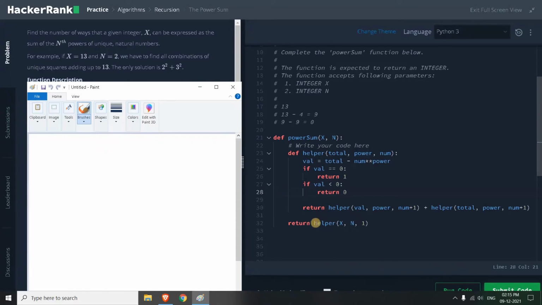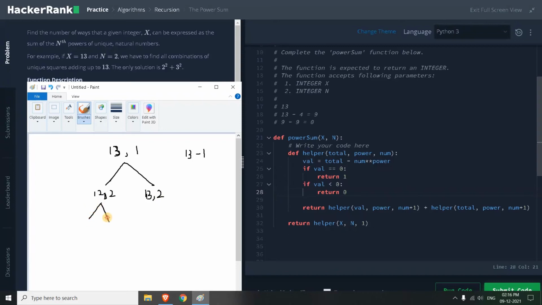So this is the main function we are calling. So 13, and the initial number is 1. Here we are updating, so this val will be updated, right? We are calling it like 2 times. If the val is updated, the value will be 1 square, so 13 minus 1, that will be 12, comma 2. And here 13, comma 2, because we are passing the total here. So this is the initial value and we are just trying out 2 as a starting number.